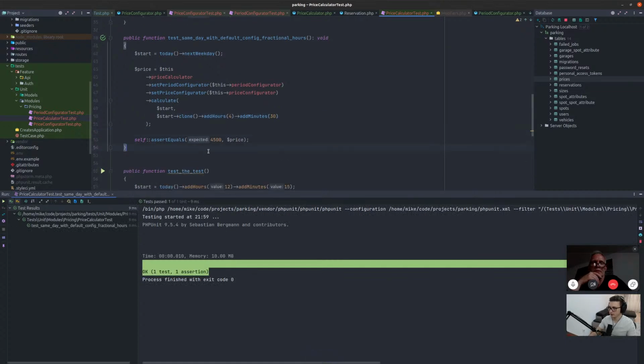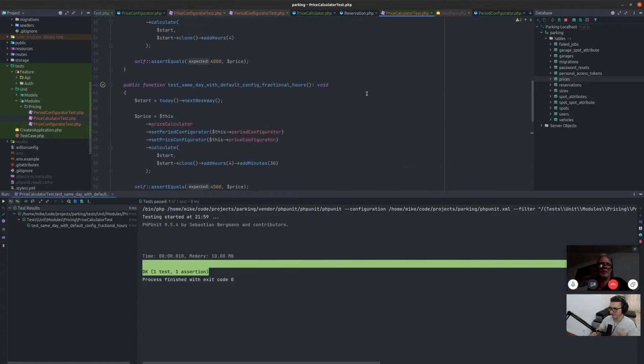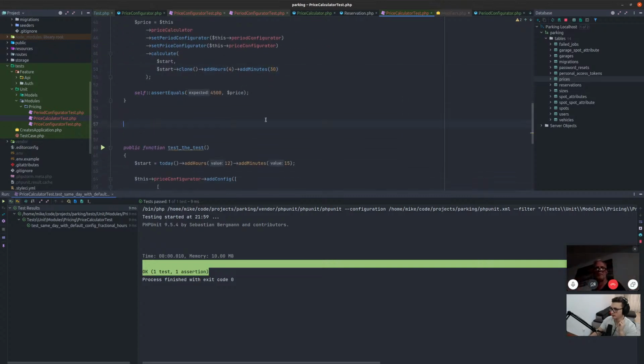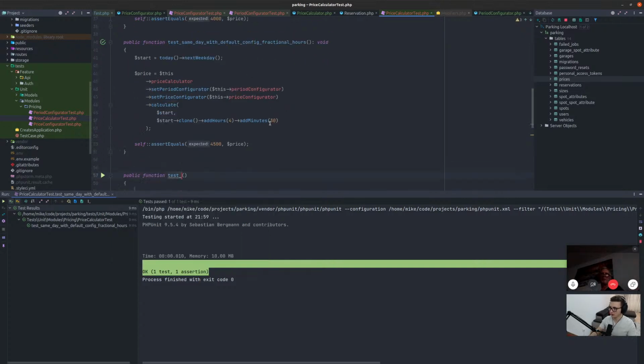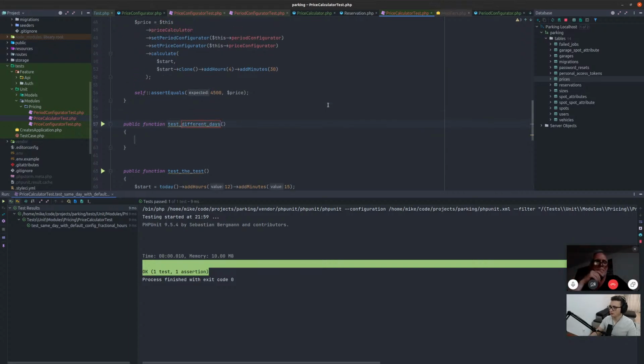Got it. Easy things. And then you test what you want to test, like fractional hours. You don't have to go for fractional hours on the start and fractional hours on the end. Like if you would add minutes on the start, like 15 minutes, and add 4 hours on the end, you will have both fractional, but the result will be 4,000 as well. So you're not testing fractional stuff in the calculation itself. You know what I mean? Yes. So let's check different days